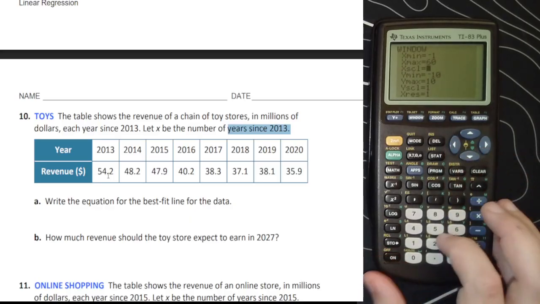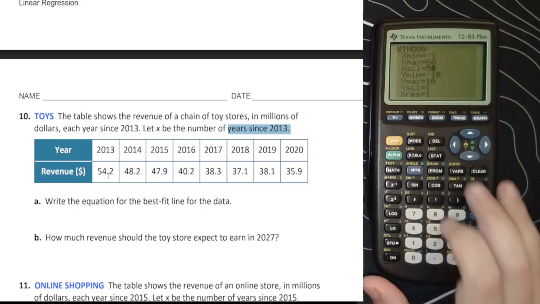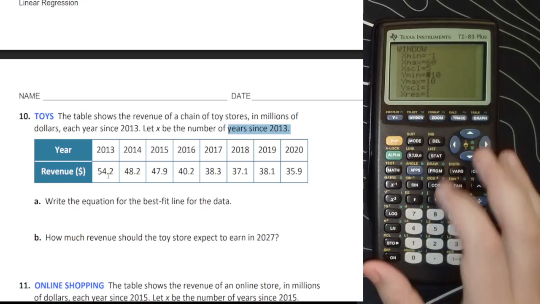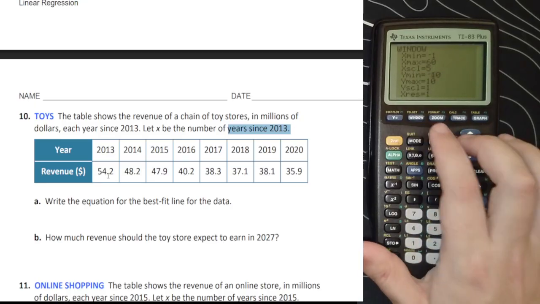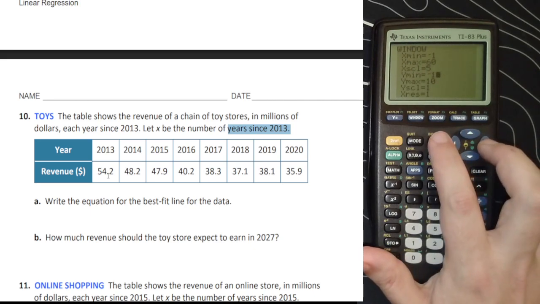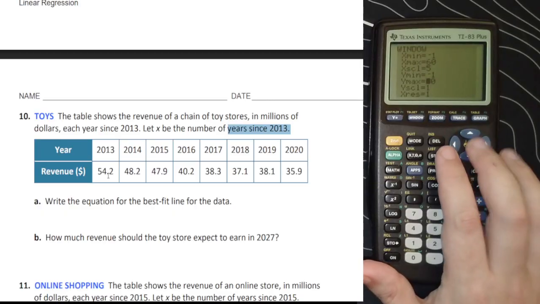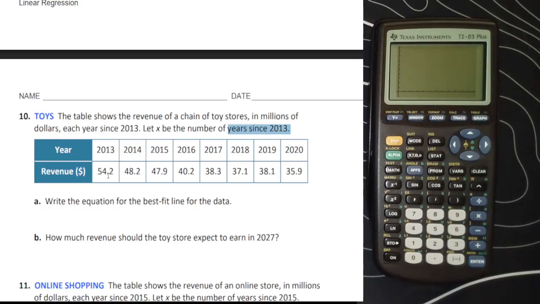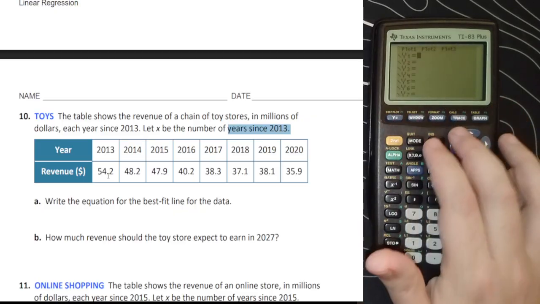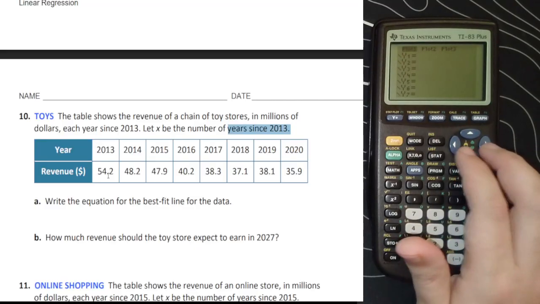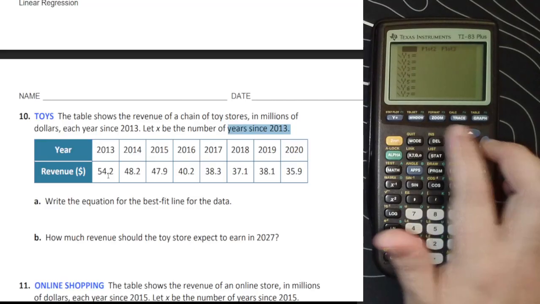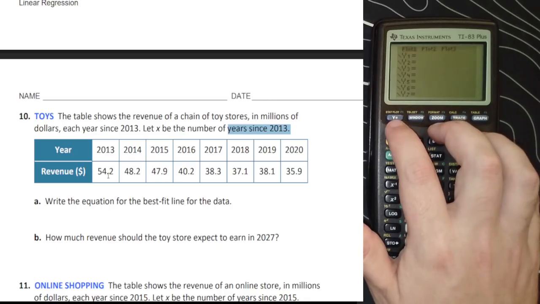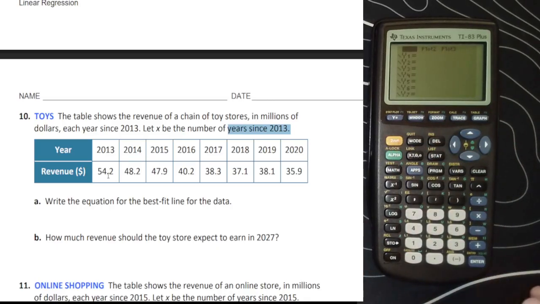My scale, I'm going to have it go by fives. My x min is also -1, and we only go up to year 7. So this is going to be better, but when I press graph, I still don't see my points. You know why? Because I need to turn on my stat plot. The easy way to do it is to go to y equals and then press enter on stat plot. Now I see it's highlighted. And when I press graph,